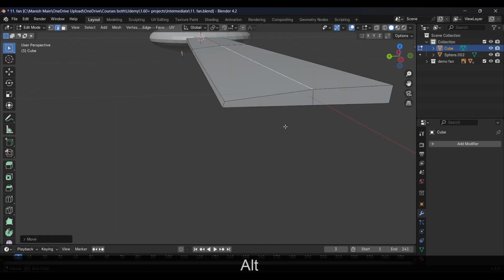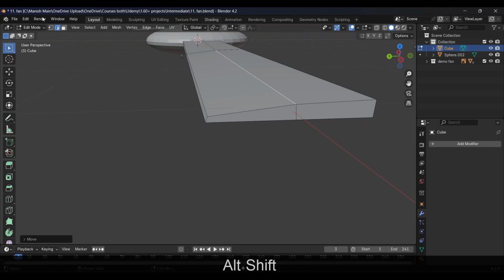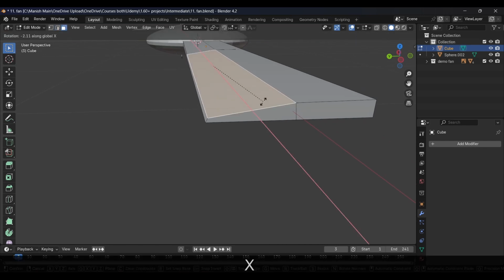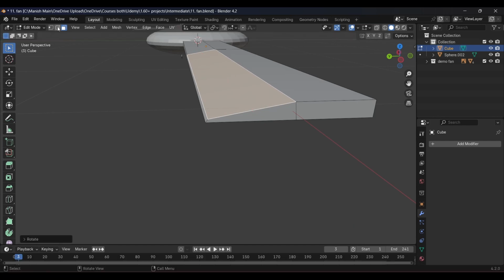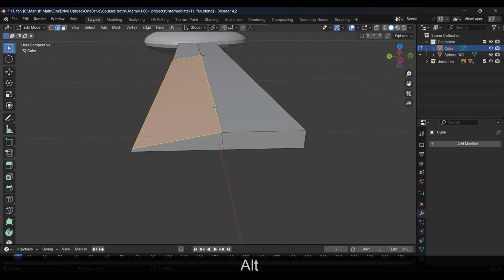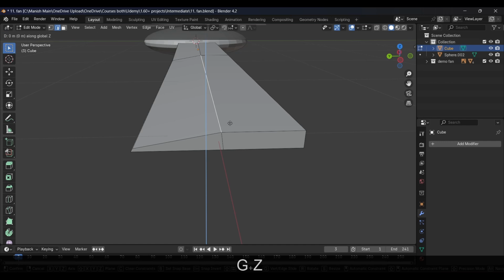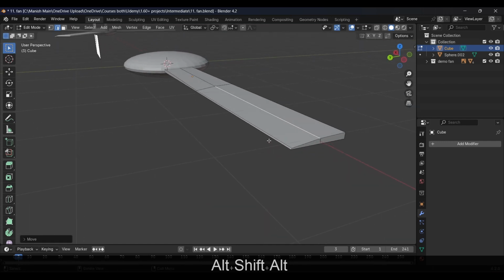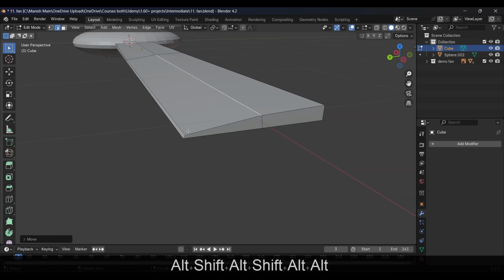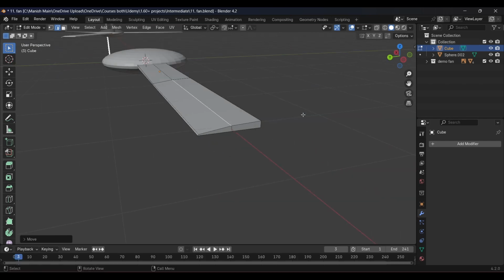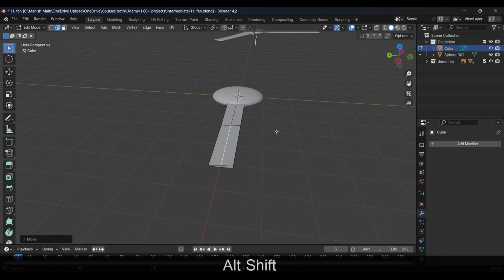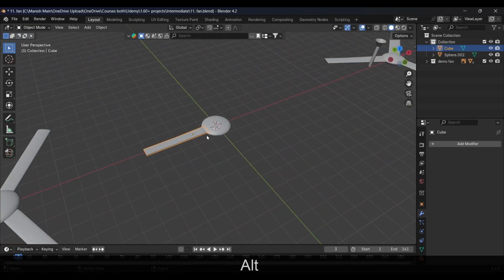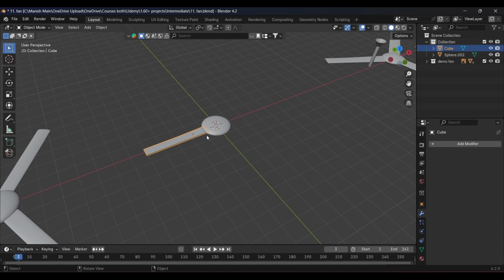So we should do the things again. So press R and X. Now go to the edge selection mode, again select this edge and press G and Z. Now this is looking good. So you can see that this is thin from this portion and thick from this portion, as a real fan blade is. So I'm gonna go again to object mode and go to the top view